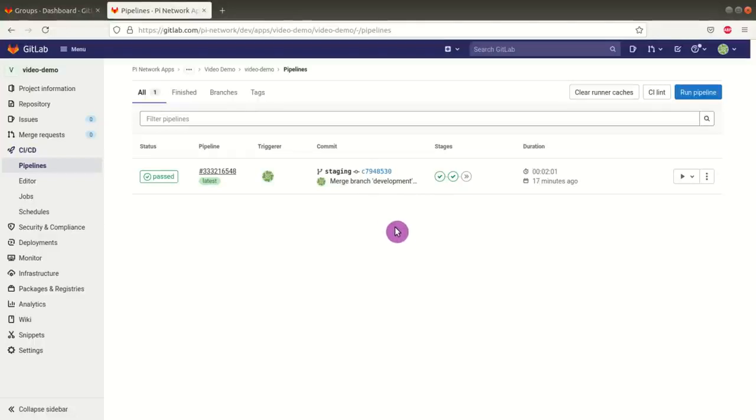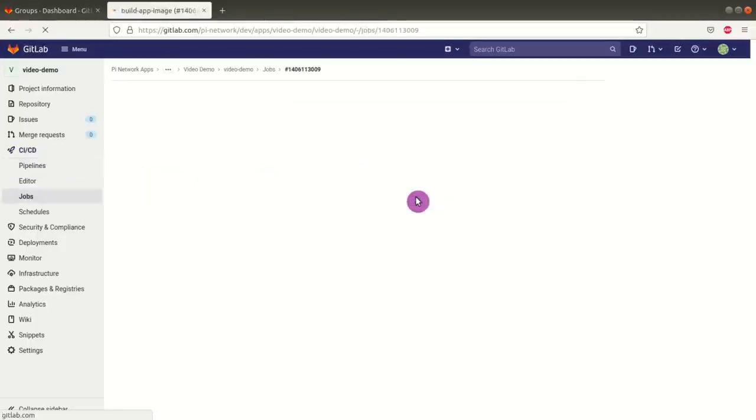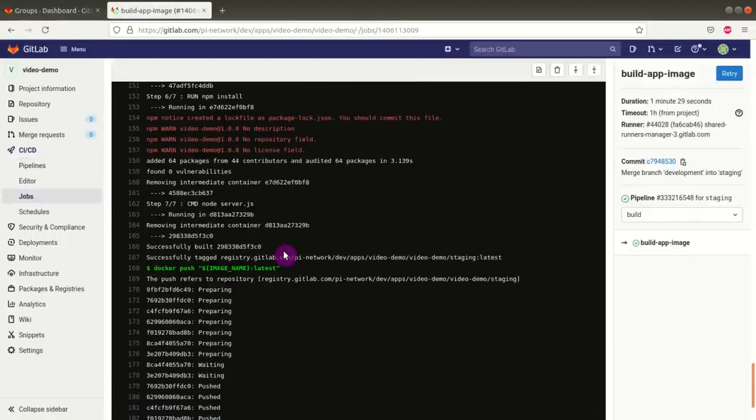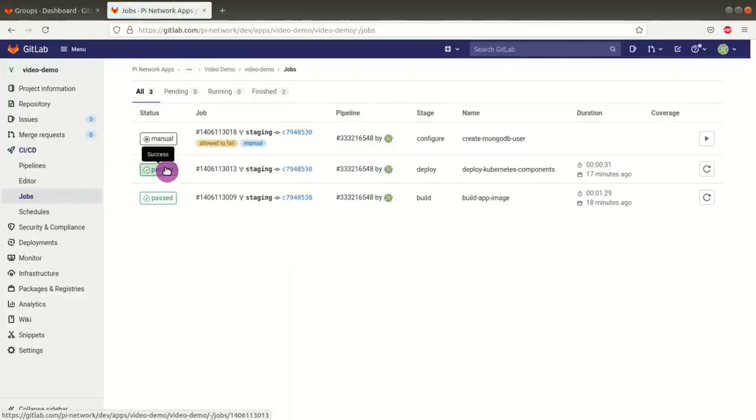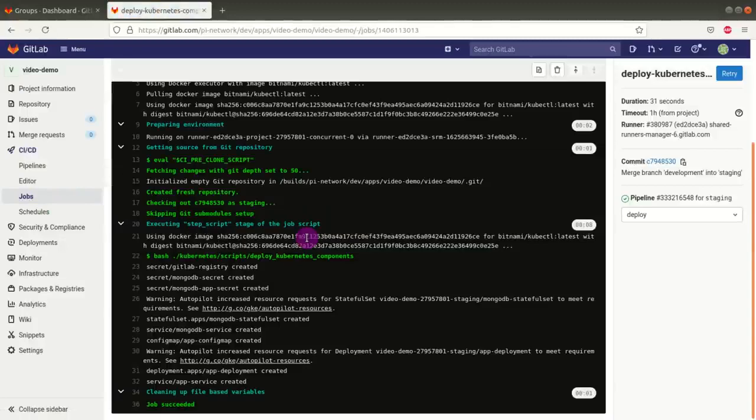What you can do if you have an issue here, you can click on this bubble and then click on the job name, and you will see the job logs. So here everything went fine, and the other job here, deploy Kubernetes component, went fine too. So you can see that all our components got created